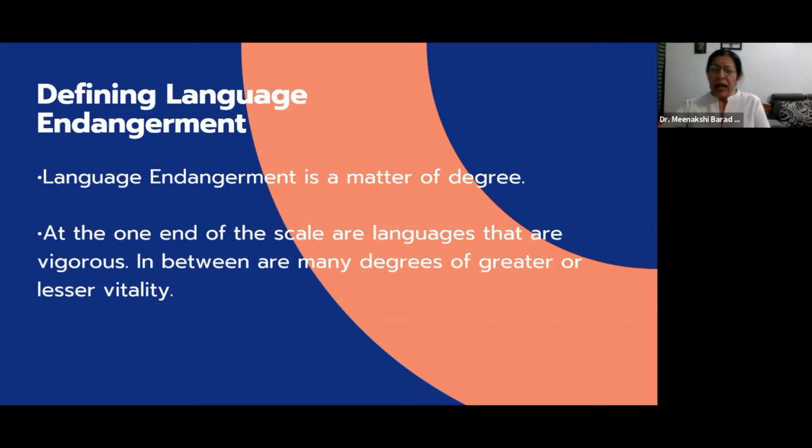Language endangerment is a serious concern to which linguists and language planners have turned their attention in the last several decades, for a variety of reasons. Speakers of many smaller, less dominant languages stop using their heritage language and begin using another. Parents may begin to use only that second language with their children, and gradually the intergenerational transmission of that heritage language is reduced, and slowly it ceases to exist.